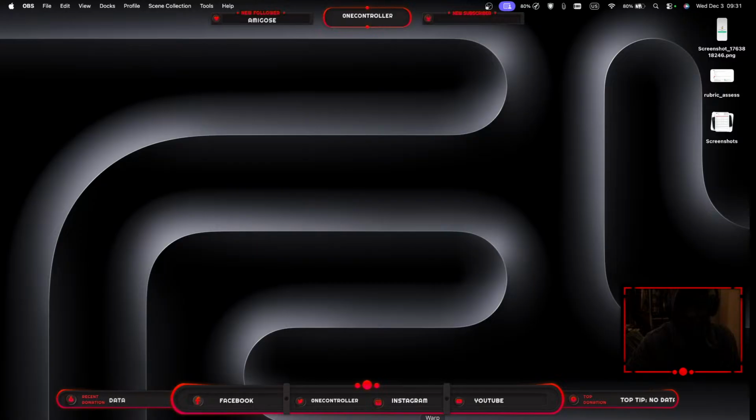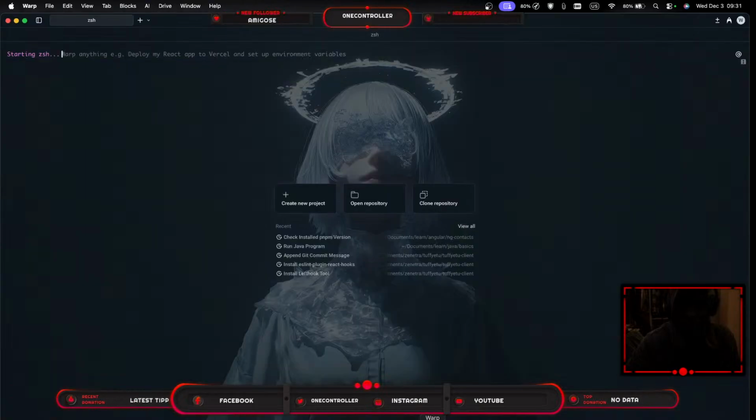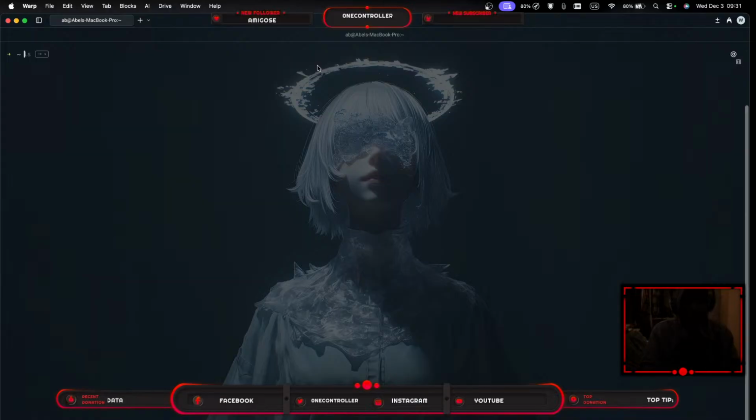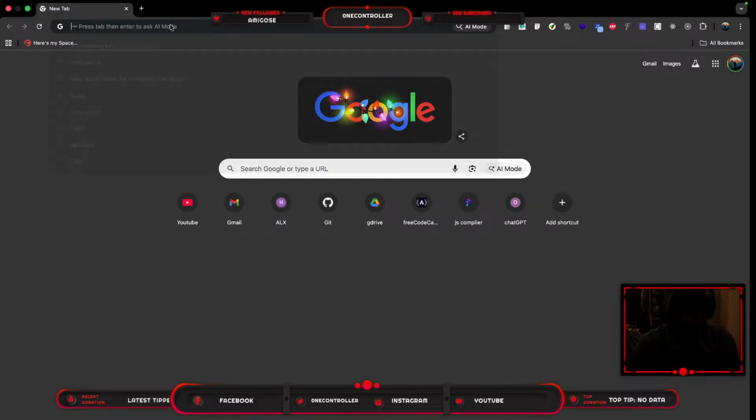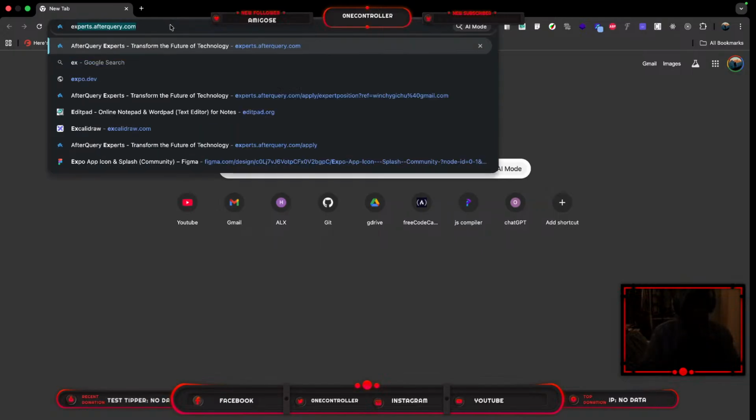What will I be using today? I'll be using a mix of NeoVim and VS Code. So that's what I'll be using. Okay, so the first thing that we're gonna do is let's plan. So we're gonna go to